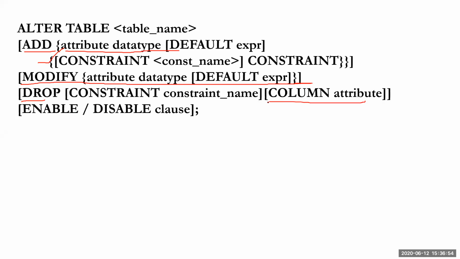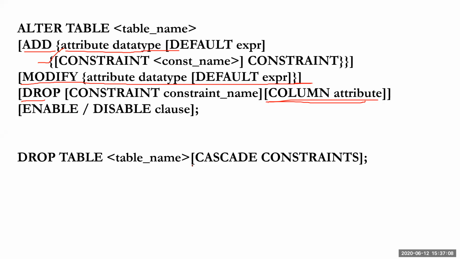You could do this particular thing. But you don't know what a constraint is, and you don't know how you can enable or disable it. When the situation demands, we will discuss alter table again. Now, drop in the sense of cascade constraints could not be explained to you at this moment, because you don't know the concept of a constraint which takes place on a particular table. That is why I am unable to explain this one.